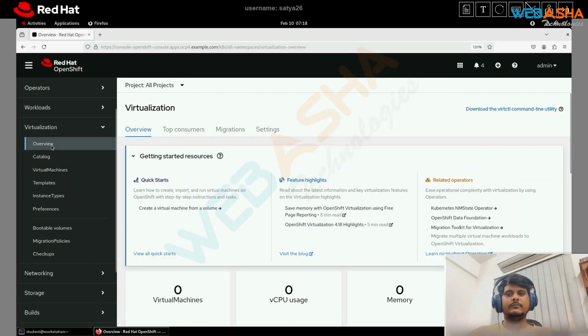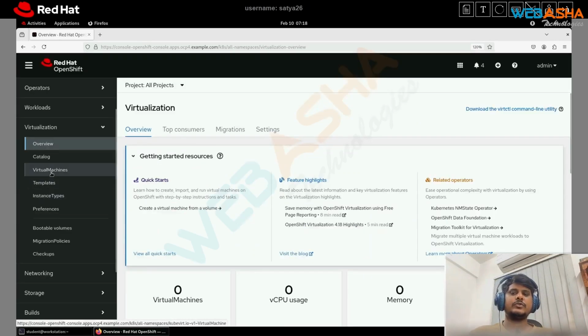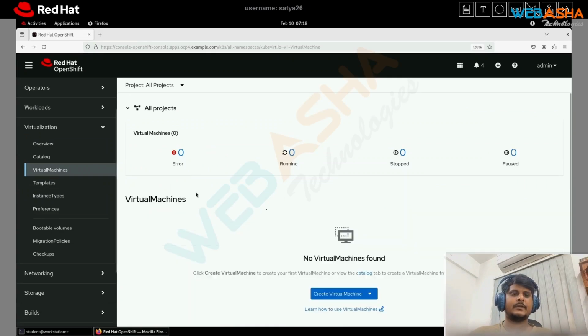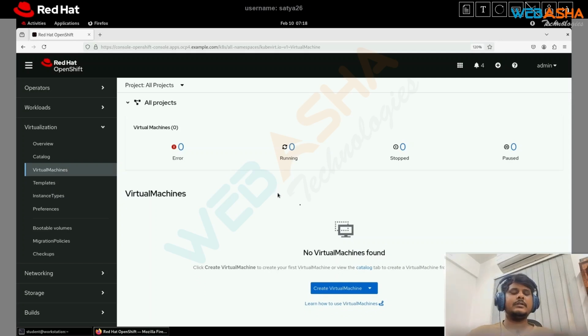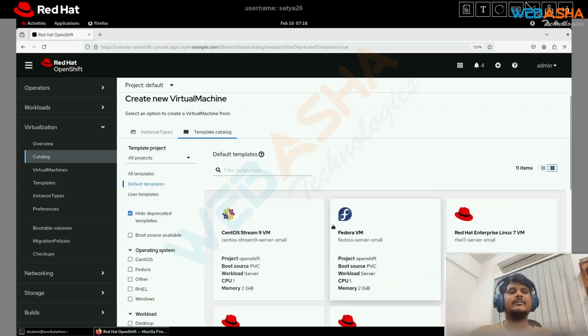Now if you want to create these machines, what you can do is, see, we have this virtual machines section. Just for the example, I don't have any machines yet. If you want to create one, they're offering multiple mechanisms. We are not going to talk about these things. Once you click on this section, we have options: from an instance type, from the template that we already have, or you can write a YAML file from scratch to create VMs. Let's suppose from the template section, they are offering some default sample